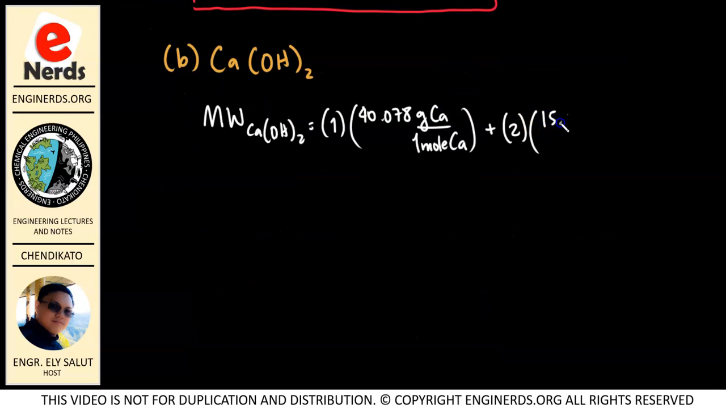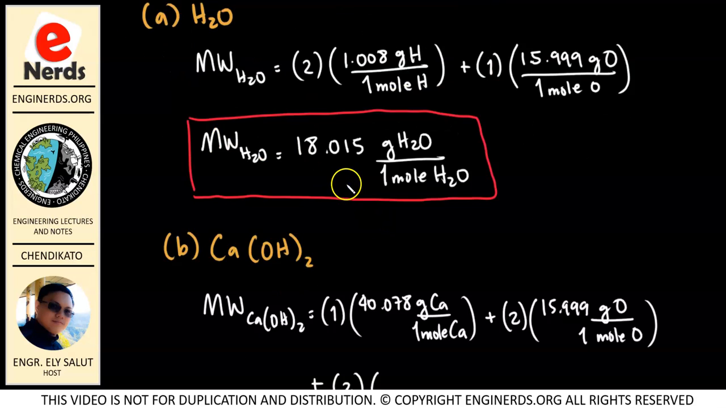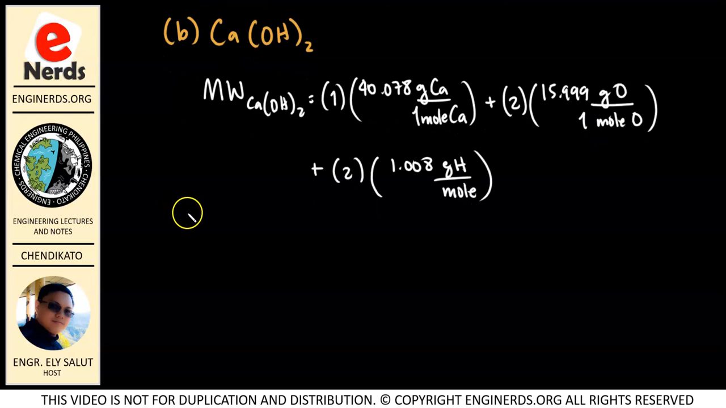So 15.999 grams of oxygen for every 1 mole of oxygen. Okay, then plus for our hydrogen. So how many atoms of hydrogen? 1 times 2 will be 2 times our atomic weight ng hydrogen, which is 1.008. So 1.008 grams of hydrogen per mole. Okay. Alright, so now we can solve for the molecular weight of